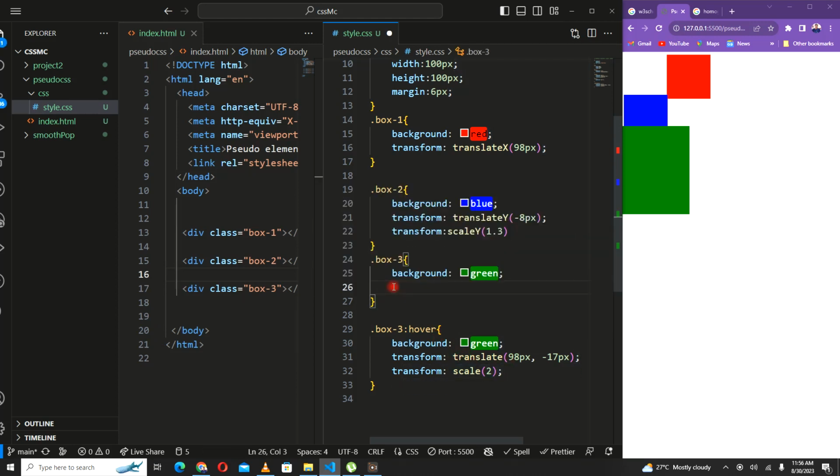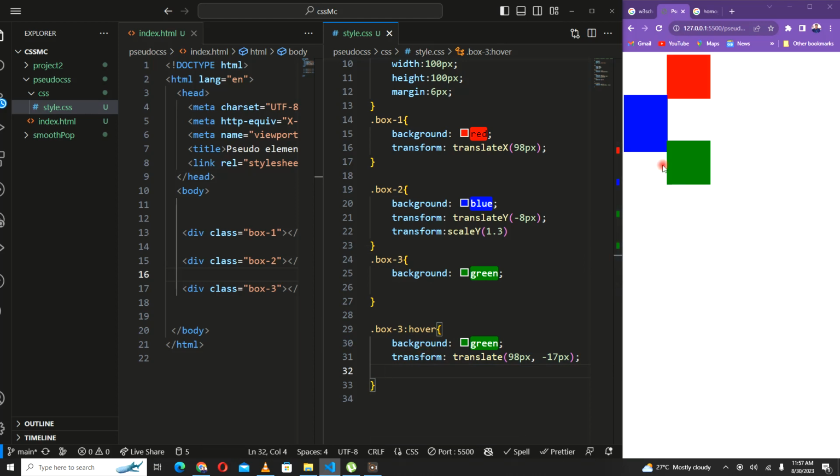I have this background and all that, but on hover, I want it to behave this way. Watch. Let me remove this scaling, for instance. On hover, I got this. If I remove my mouse, it comes back to the way it's supposed to be. If I do scale, I want to scale it to